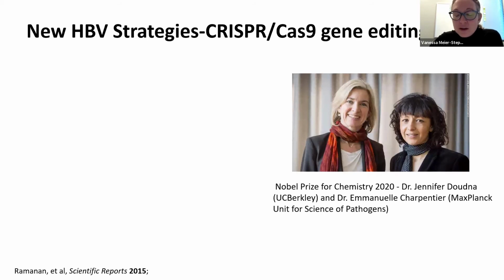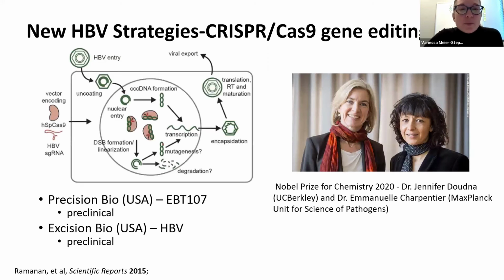There's so much application of their technology and this discovery going forward, which makes it no surprise that it's been extended to the potential use in hepatitis B. So for hepatitis B, a couple of the therapies currently in preclinical trials are different options for being able to cut and edit the cccDNA. If you can make something specific enough to bind to the cccDNA, you can effectively either mutate it, render it inactive, or you can break it open and cause it to be degraded by the normal cellular mechanisms. And that in and of itself has fantastic potential going forward.